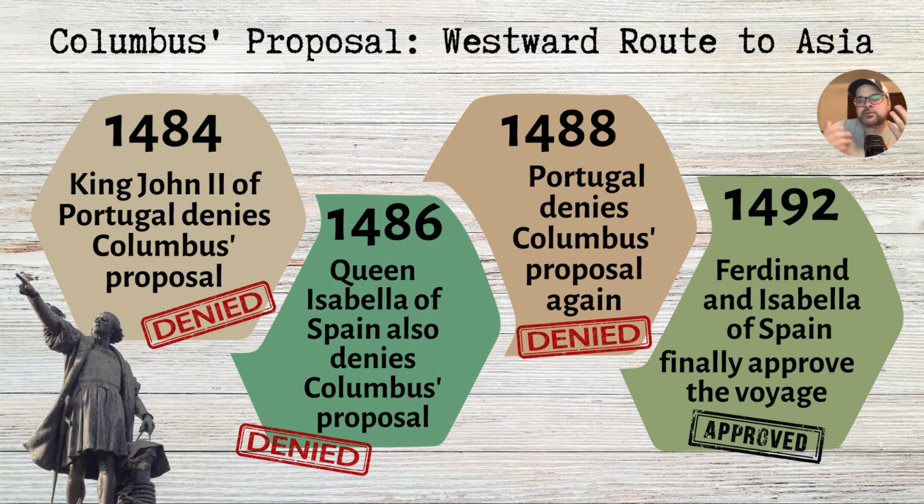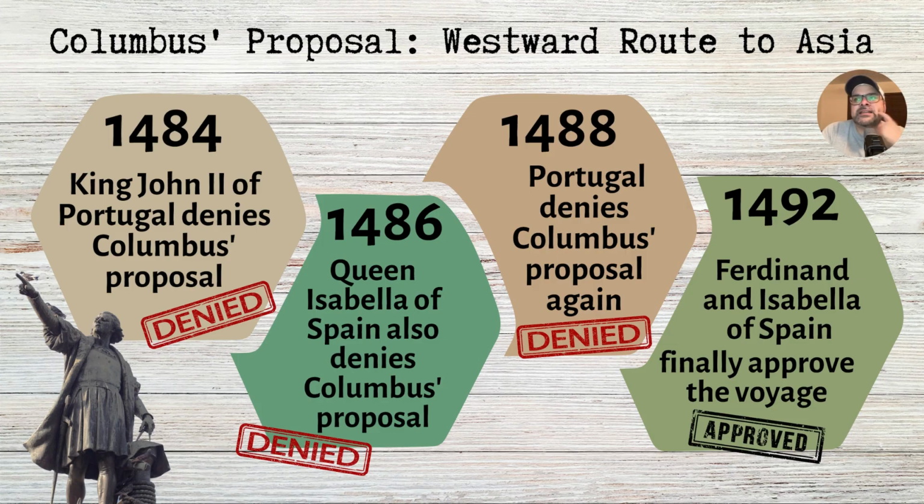And Spain really starts to figure out who can we find to do this. And it's Christopher Columbus. Christopher Columbus is an Italian who had come up with a plan to find Asia and Southeast Asia by sailing west from Europe across what was at the time called the Ocean Sea. Because again, nobody really knew what was out there. It was thought to just be a really giant ocean.